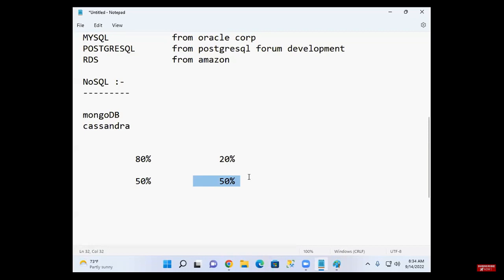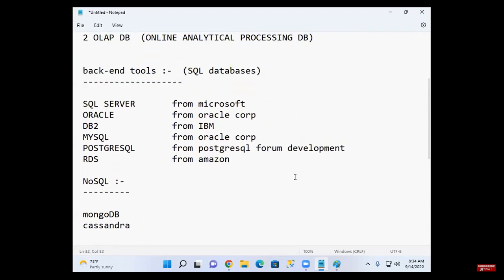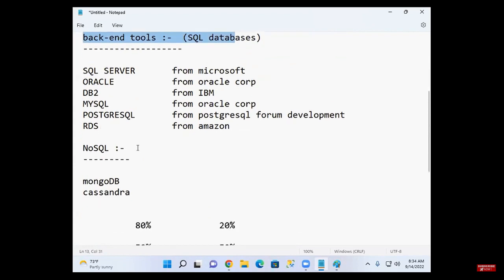Social media platforms like Facebook, YouTube, WhatsApp, Instagram. In social media platforms, what type of data is generated maximum? Unstructured data. So that is why unstructured data is also increasing. That is the reason companies are using both SQL databases and NoSQL databases.